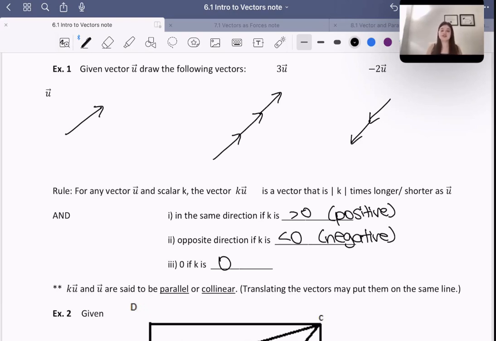Collinear is typically what we call them when they are parallel or same direction, but in vectors we usually use the word collinear. Okay, so keep in mind the magnitude isn't going to be the same for u and ku, right? ku is going to be longer or shorter depending on what k is, right? However, they will always be parallel lines or same direction lines or collinear in these cases. Okay,